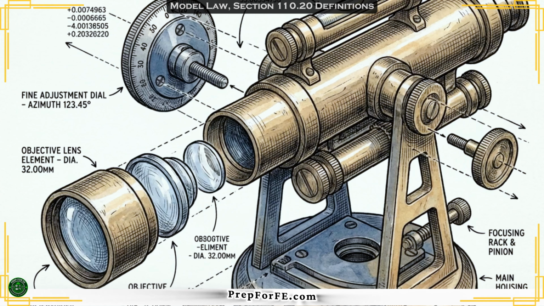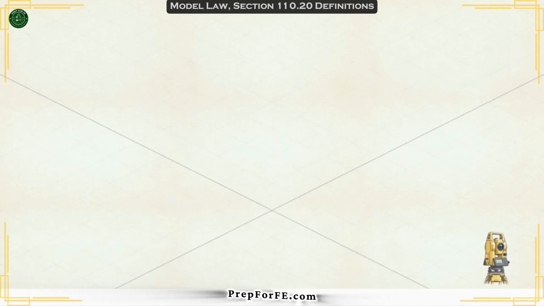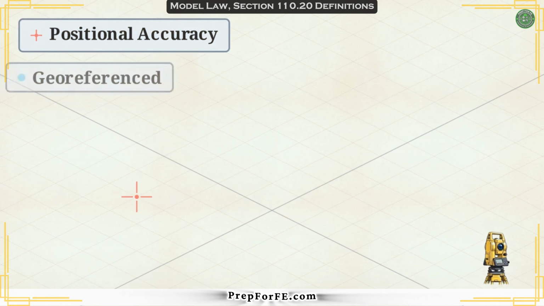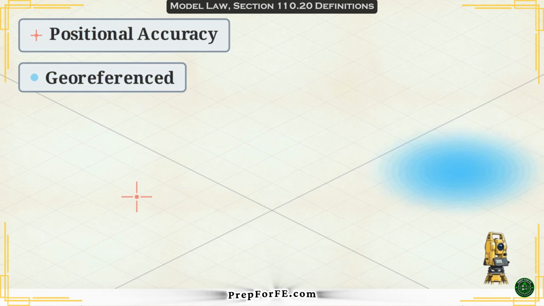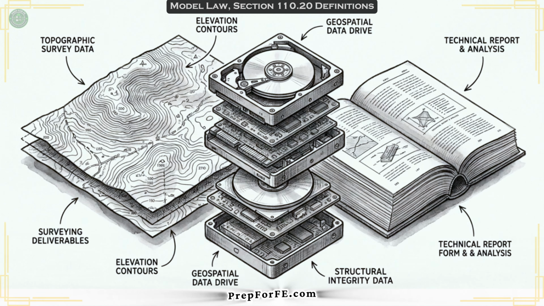Authoritative data is presented as trustworthy and competent, meeting or exceeding the exact positional accuracy required for a specific feature or boundary. Positional accuracy describes how closely horizontal and vertical information matches true values relative to the Earth's surface. This is distinct from georeference data, which is simply described in spatial terms. Maps, databases, or reports that provide this authoritative spatial information are legally classified as surveying deliverables.